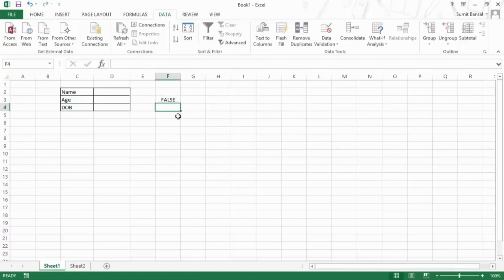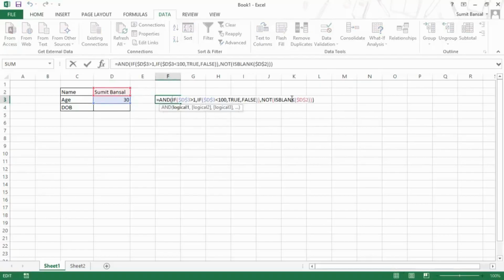Now if I hit enter and I go here and I type my name, Sumit Bansal, it still remains false because this value is not between 1 and 100. Now if I type 30 here, it becomes true. So I would use this formula,